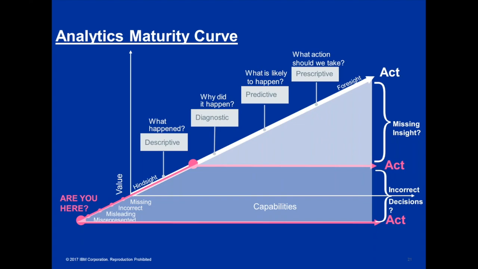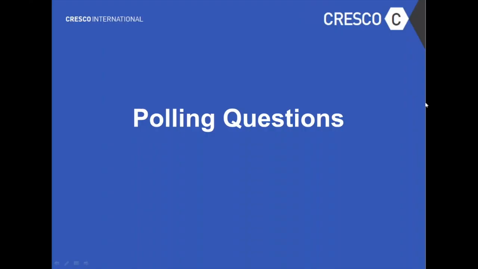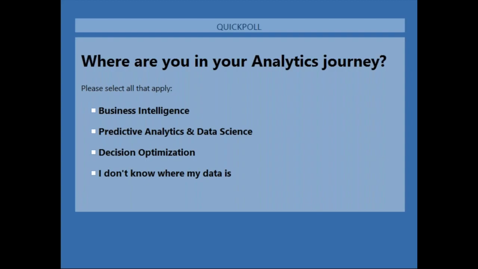And so what we're going to do is launch a poll real quick, and you should see that on your screen. There are two polls. One basically asks you where you are in your analytics journey. So we'll give it a few seconds. Once you can just submit that poll, we'll move on to the next poll, which again talks about some IBM technology. So let's go ahead and put that out.